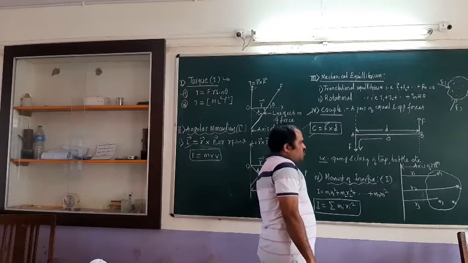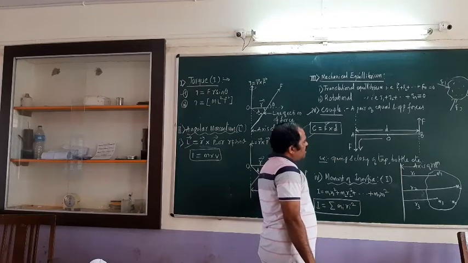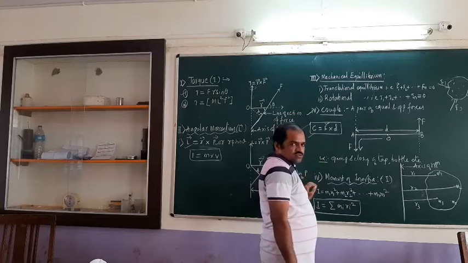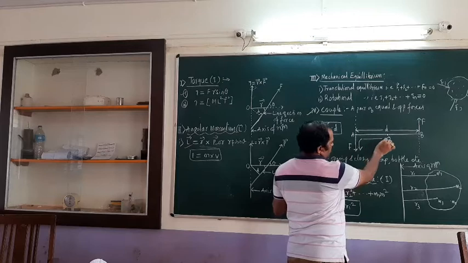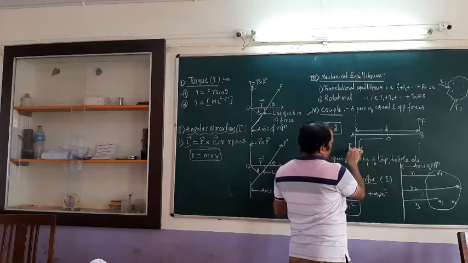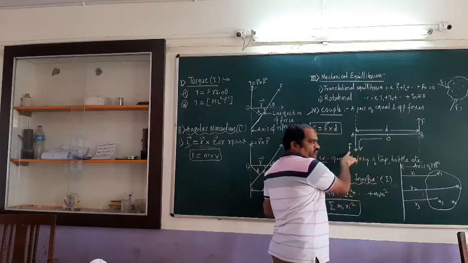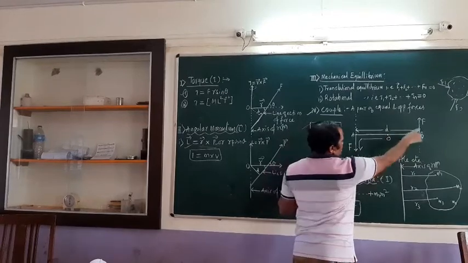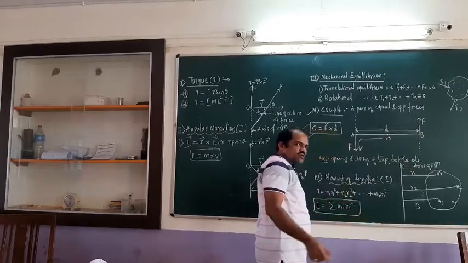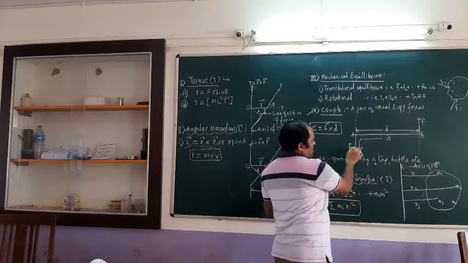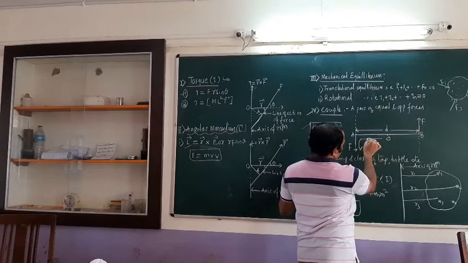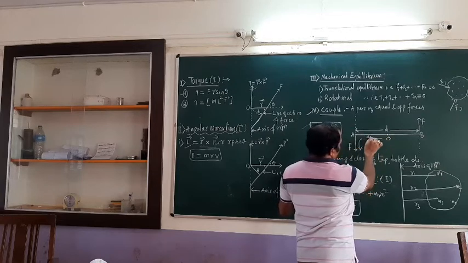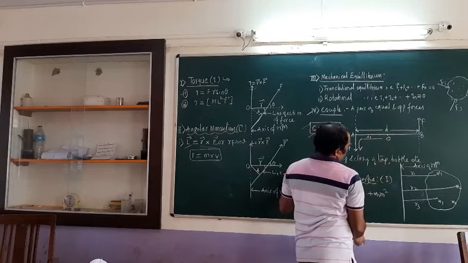Anti-clockwise direction. So what is the torque here? Torque means force into perpendicular distance. Suppose one force is F1 and the other force is F2, and F1 and F2 are not equal. Then F1 into some distance from O, that is D1. So from here to here, F1 into D1. This is going to rotate in anti-clockwise direction.